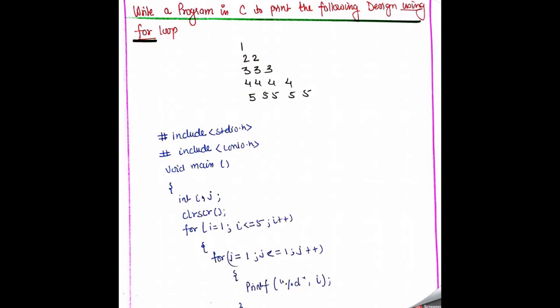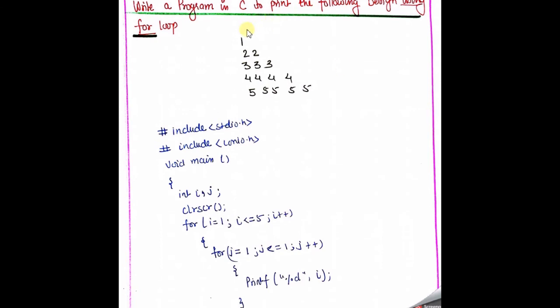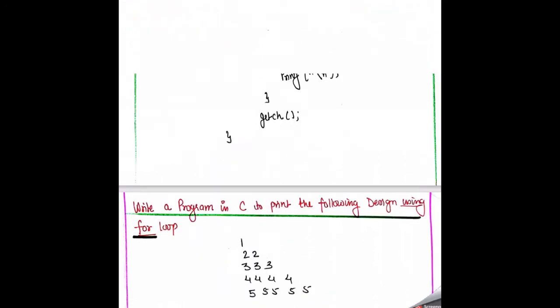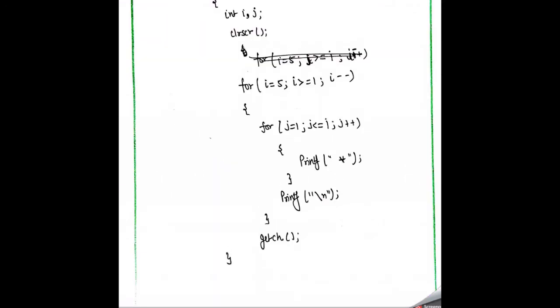Similarly, this question is also performed here in the manner of a right angle triangle. Just one change in the case of the i loop. Just look at here. Earlier i was starting from 5 to 1. Here i is moving from 1 to 5, because when i is equal to 1, j is equal to 1. When i is equal to 2, j is equal to 1 to 2. If i is equal to 3, then j is equal to 1 to 3. If i is equal to 4, then j is equal to 1 to 4. If i is equal to 5, then j also prints up to 5.